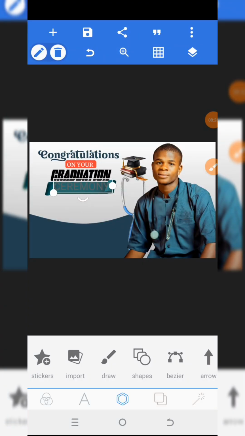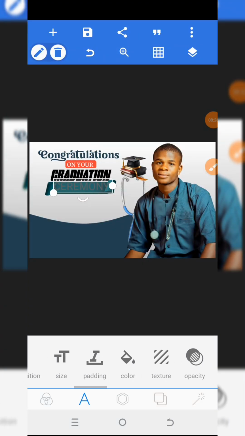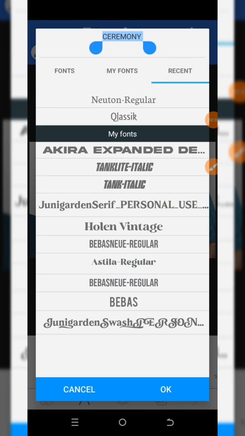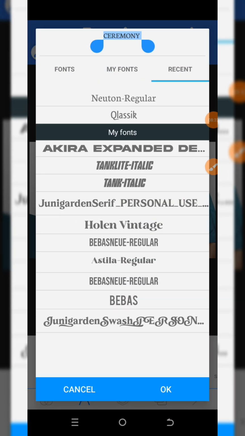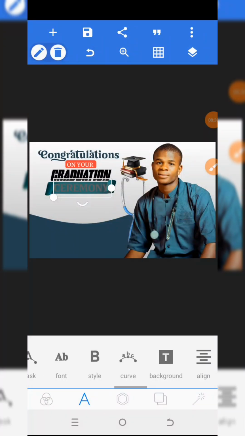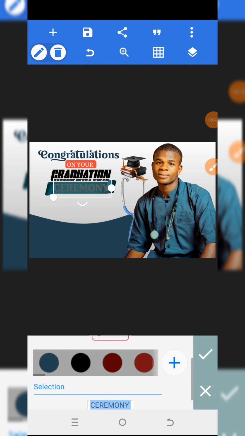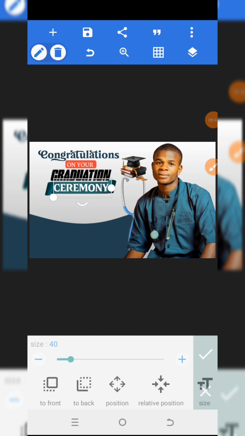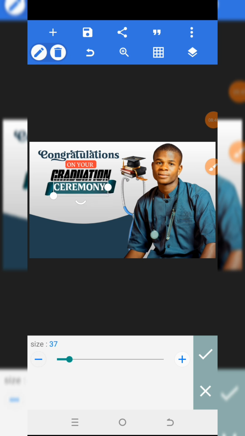Then for this, I'm going to pick a font that I used already. Let me pick a neutral regular. Let me pick this. I've already used it. So let me pick it. We are going to make this white. We just reduce the size to fit the place. And then